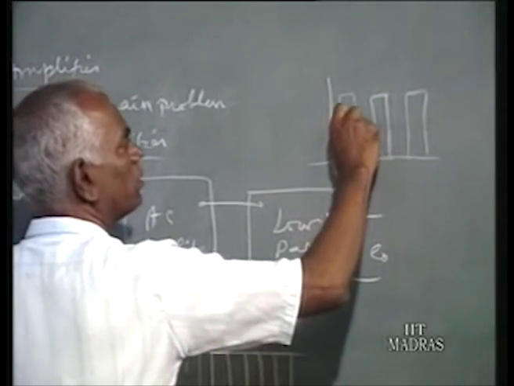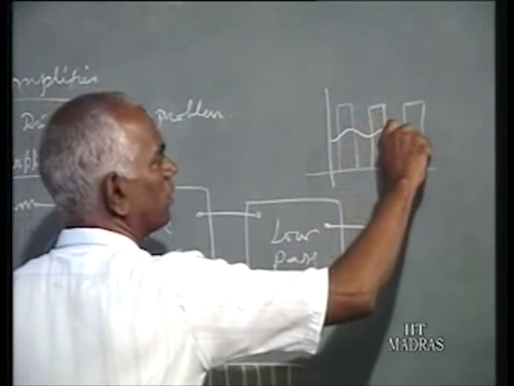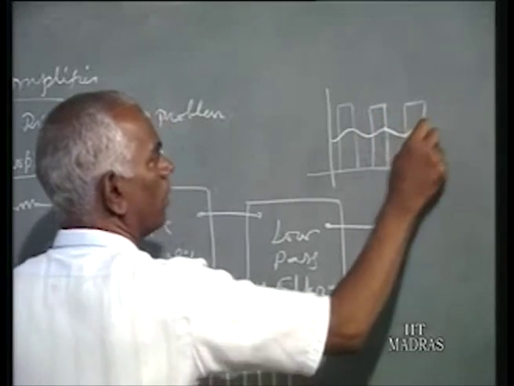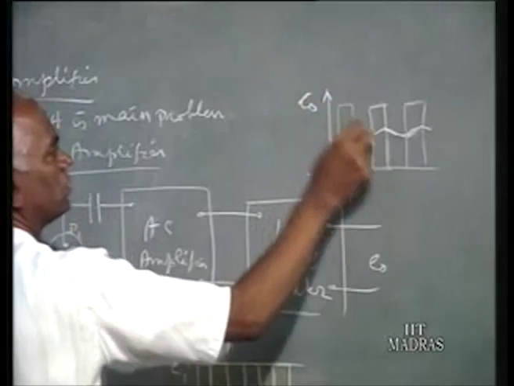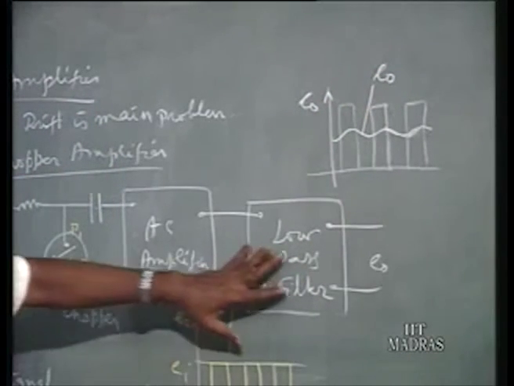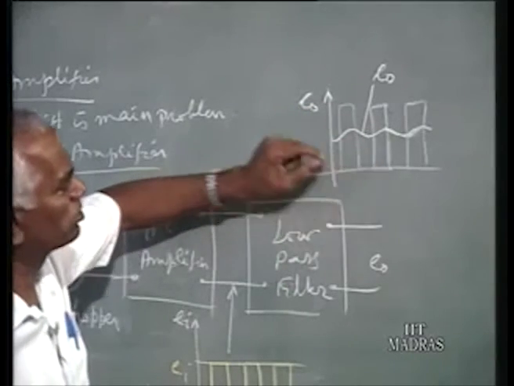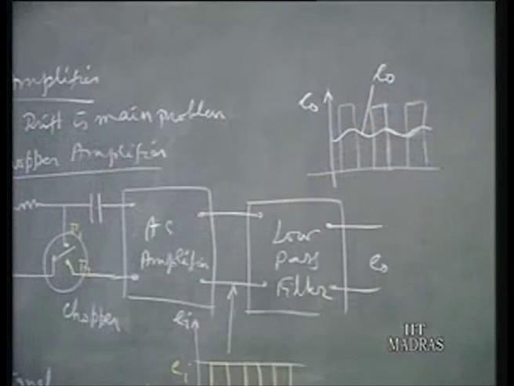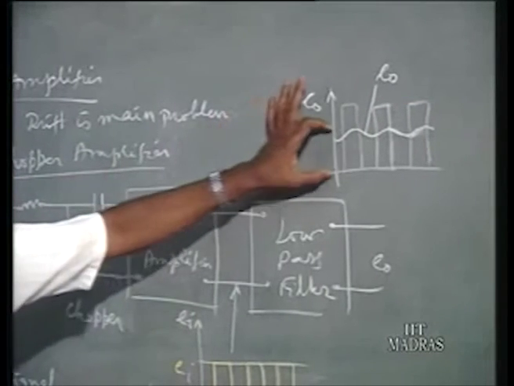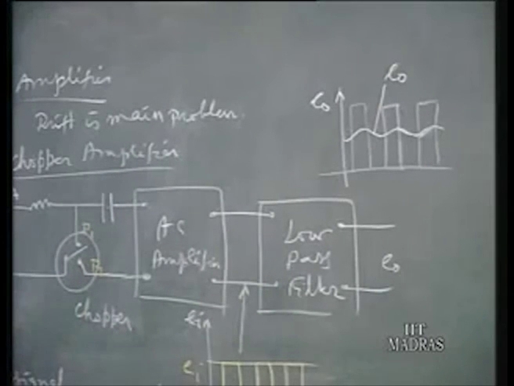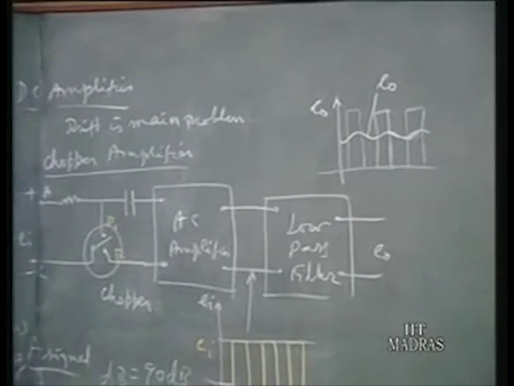are smoothened. So finally we have EO, this will be the EO form. That is, the smoothening effect will be obtained by having a low pass filter. So the high and low variations are smoothened out, final more or less a DC signal. Suppose DC here is 1 volt, this may be 10 volt. So 10 times gain, or 100 times. So we have got EO. This is the process used for a DC amplifier.